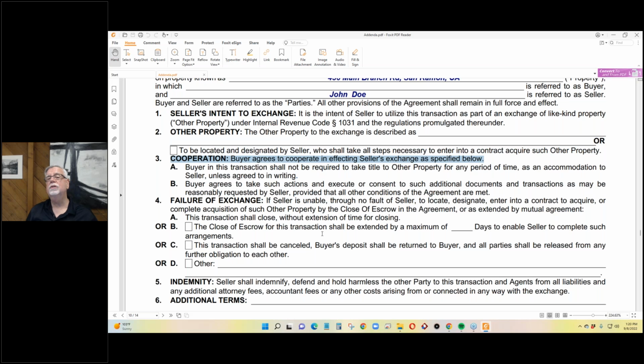And so the buyer says to his agent, do I have to sign these forms? The ones that allow the seller to do a 1031 exchange? Do I have to sign these forms? And the agent said, no. No, as a matter of fact, you don't have to sign the forms. Now, it's true that it doesn't cost the buyer anything to sign the forms, other than to sign the forms,